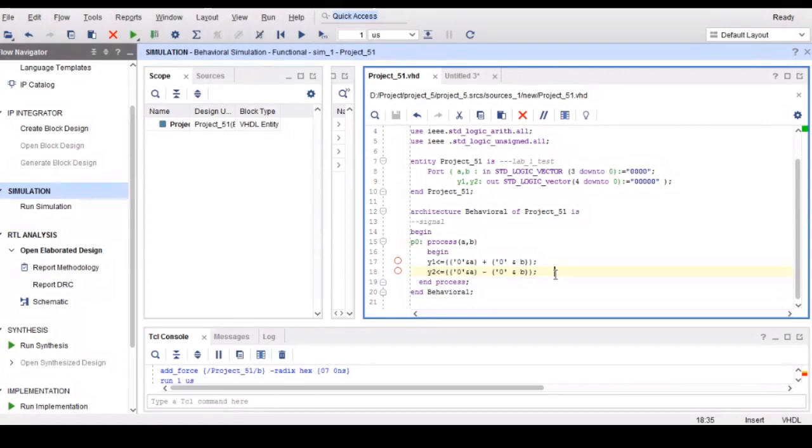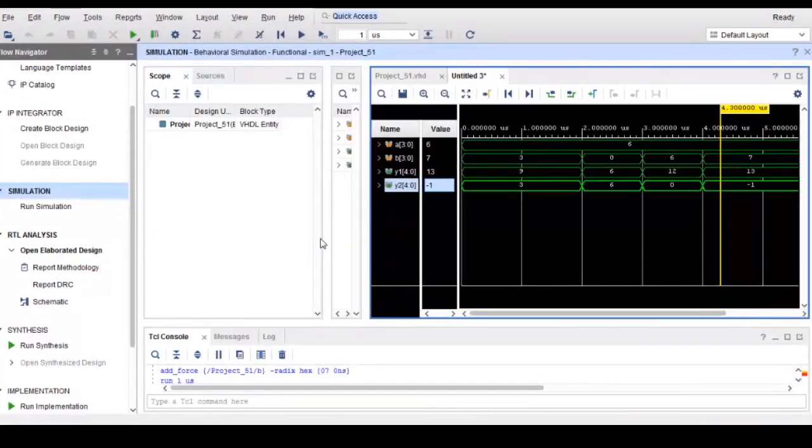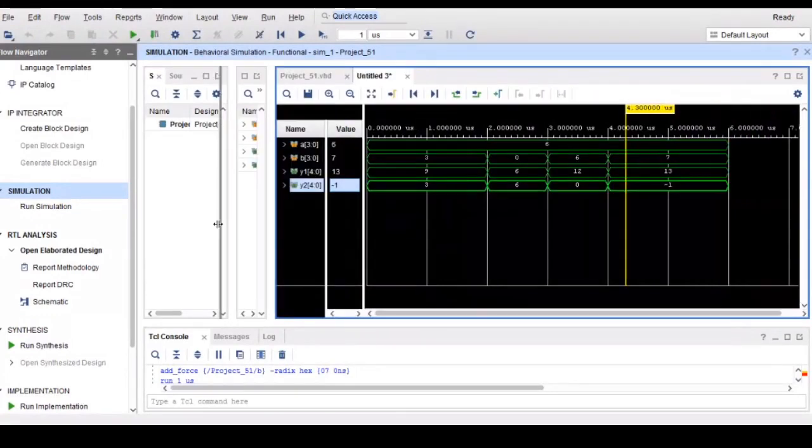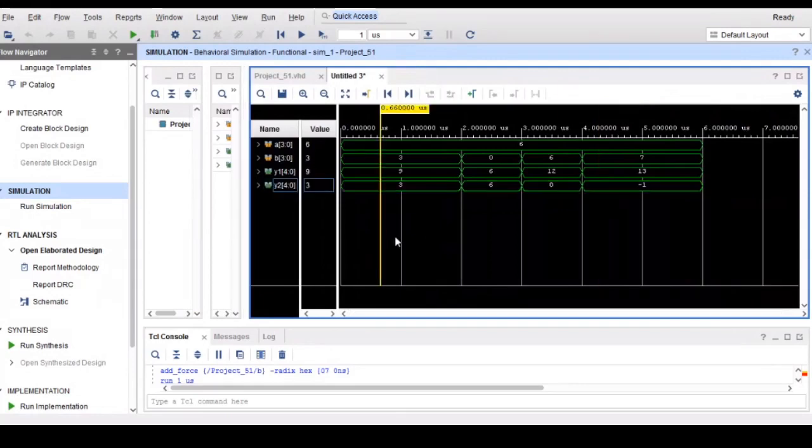Save your program. Go to the run. Give different values.